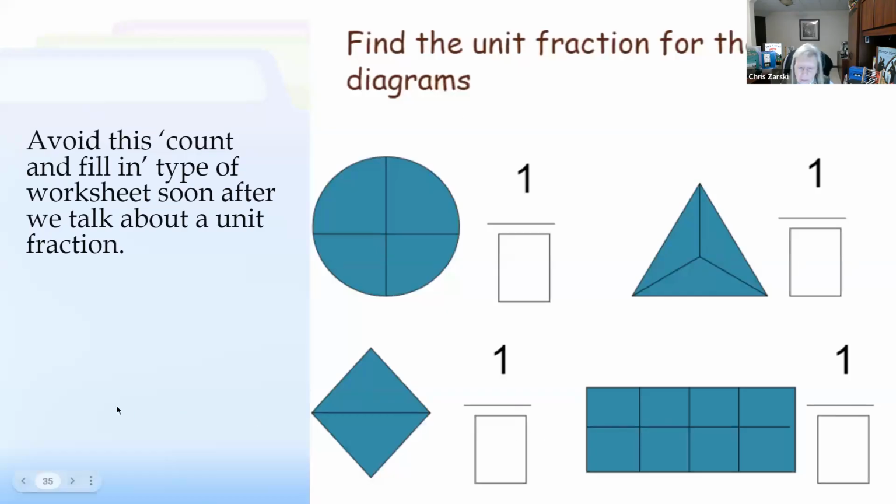So students might get 100% on a worksheet like this, where we're saying, can you show me that you understand unit fractions? What is the missing number that goes in the bottom? What are the numbers that each object has? Well, all I'm showing you here is I know how to count, and my highest number I have to count to is 8. But that does not mean I understand what a unit fraction is.